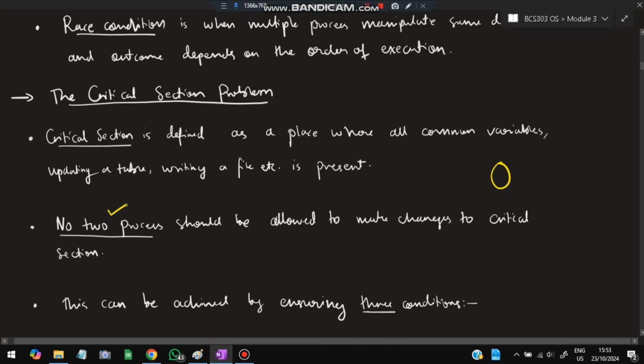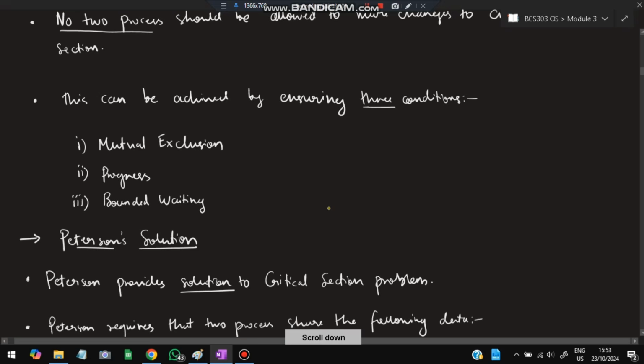How do we ensure that two processes are not allowed to make changes to the critical section? This can be achieved by three conditions: mutual exclusion, progress, and bounded waiting. What is mutual exclusion? It is such that if one process is accessing the critical section, say P1 is accessing it,